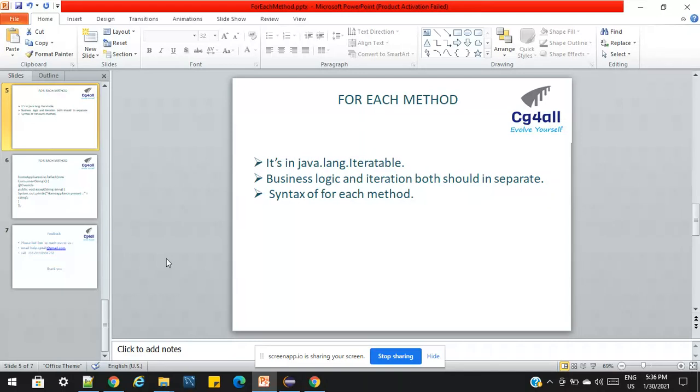So what is the advantage of this forEach method? We can use the forEach method because it is a part of the collection itself, so it's better to use it to iterate. We have other options also, like the classical for loop, and many other options to iterate, but the forEach method is better. What is the advantage?